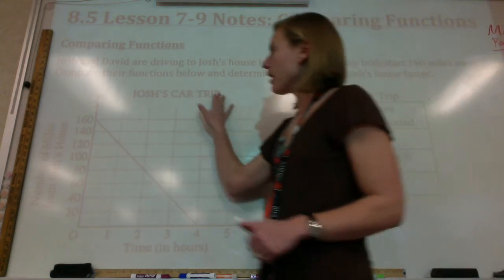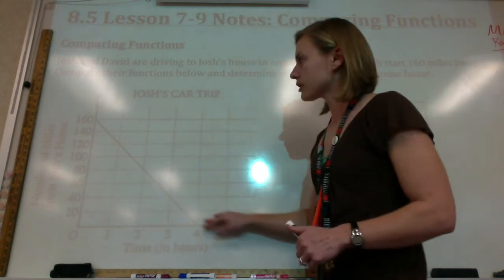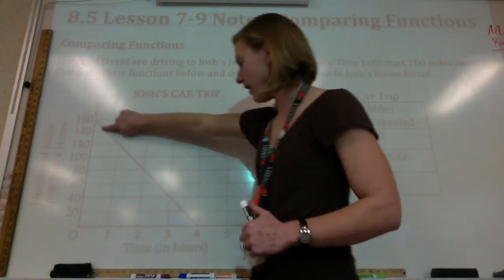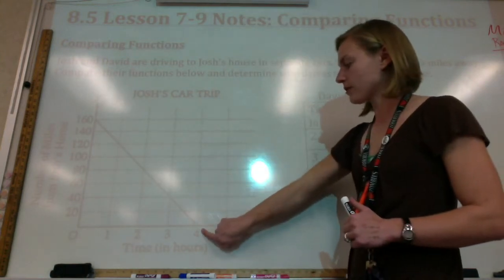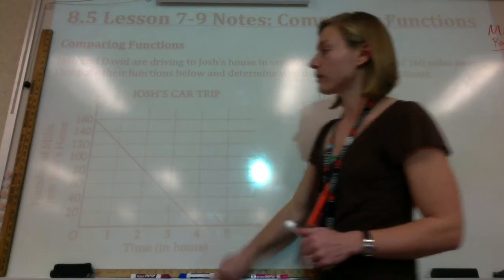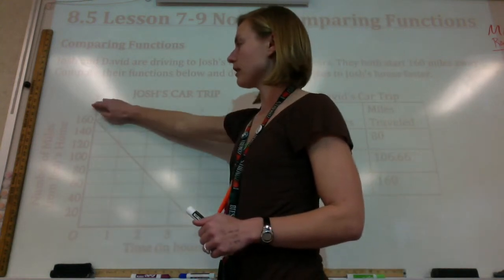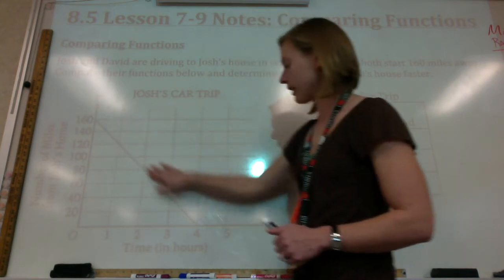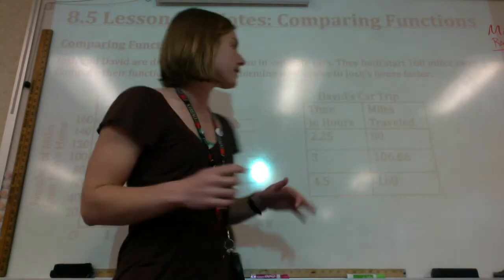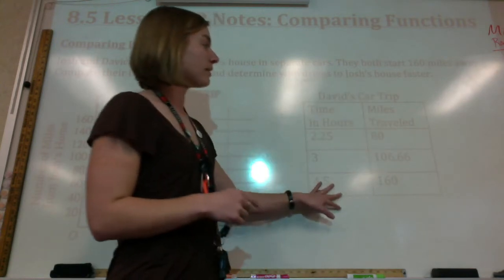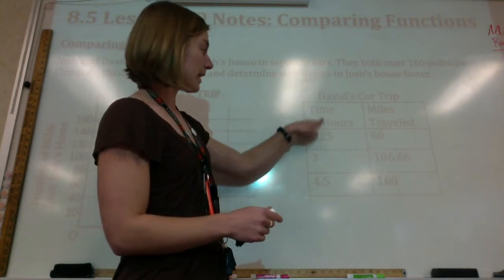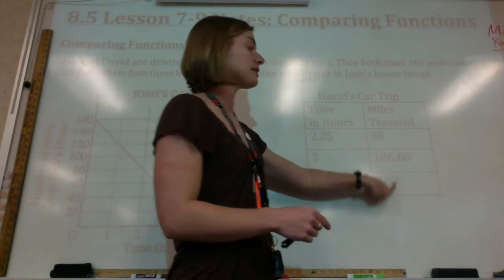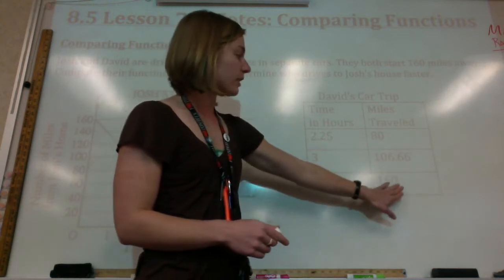So here we have Josh's function. He starts 160 miles away and gets to his house in 4 hours. And the way that they have this graph drawn is it's how many miles away from his house he is. So that's why the graph goes down. Over here, we have David's function, and we have it in a table. So we can see how many hours passed and then how many miles he's actually traveled, getting to that 160